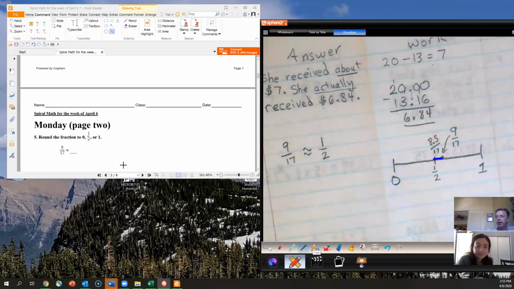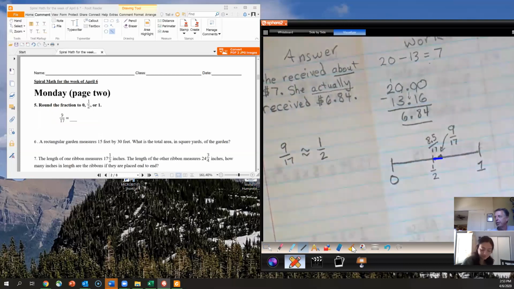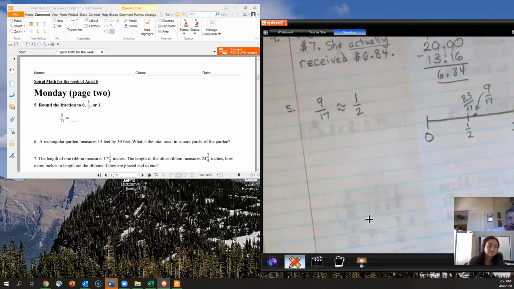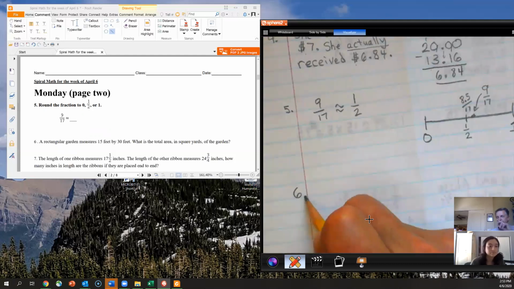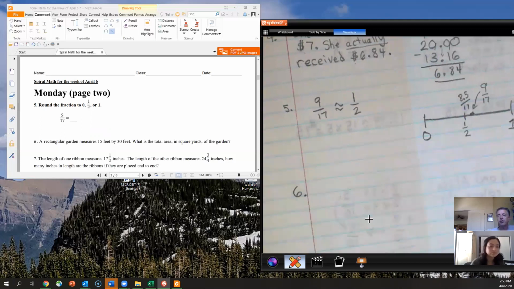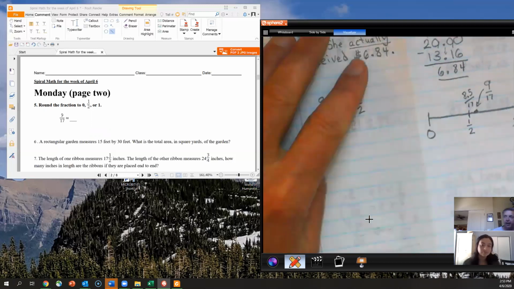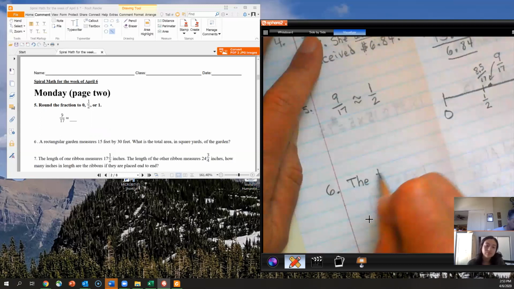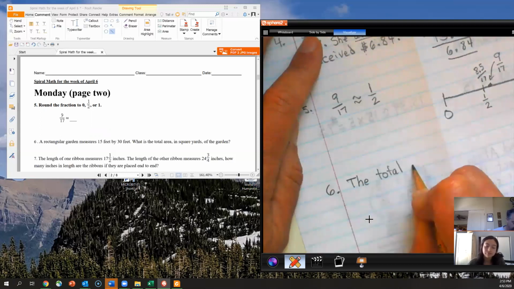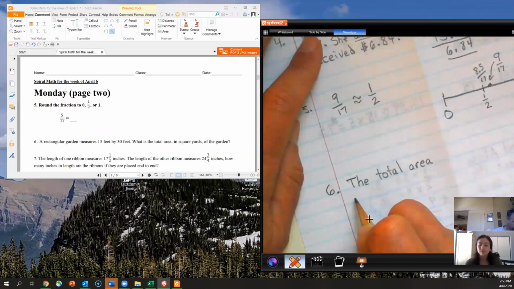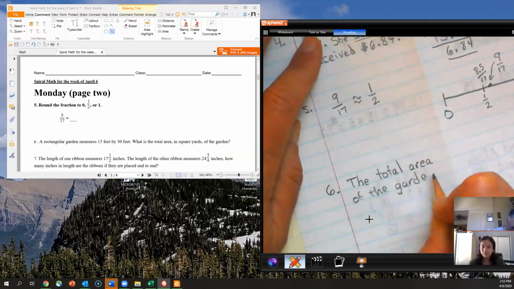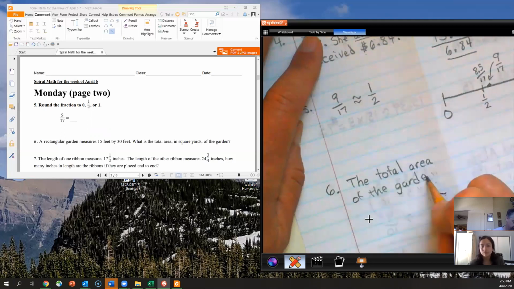All right, great. I'm going to clear this out. Take a look at number 6. A rectangular garden measures 15 by 30 feet. What is the total area in square yards of the garden? I'm going to go ahead and start up my answer sentence right now. So I'll put the total area of the garden is,